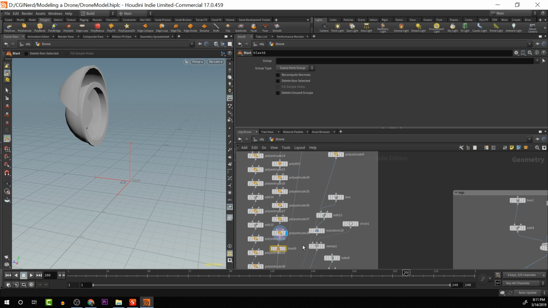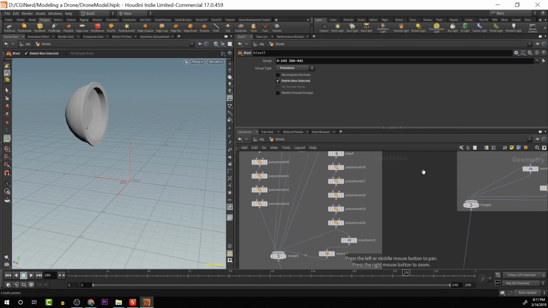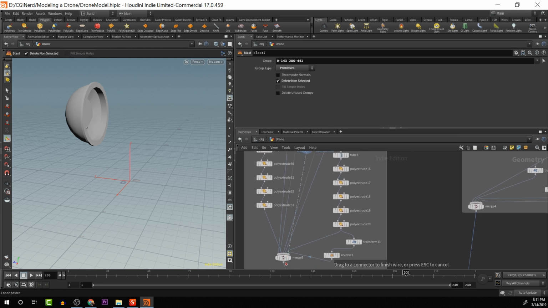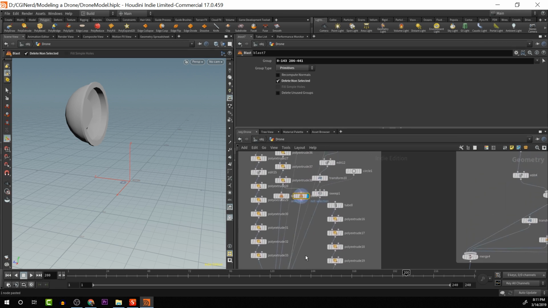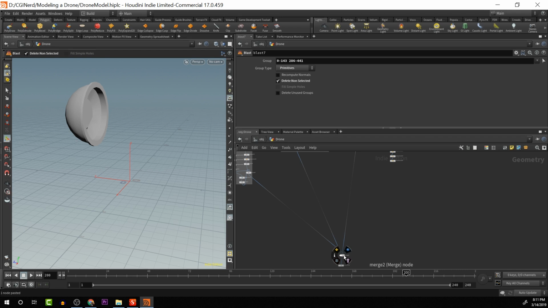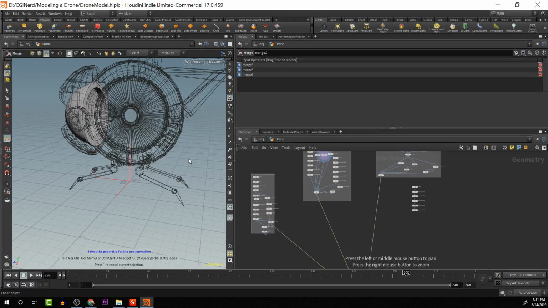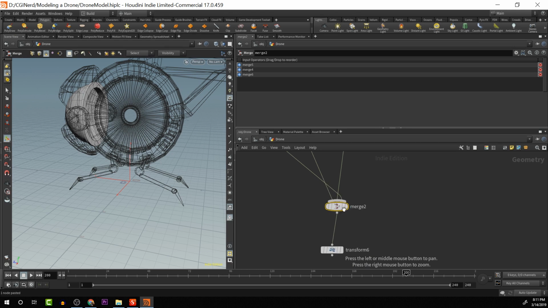So what we're going to do is tell it what we're going to be blasting. So here we have that, and then if we copy and paste that, now we have the reverse. Now that we have that, we can look at it with everything put together. Template that, and then